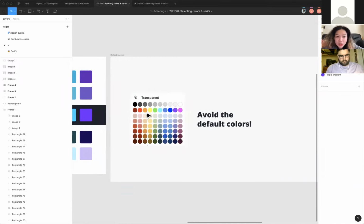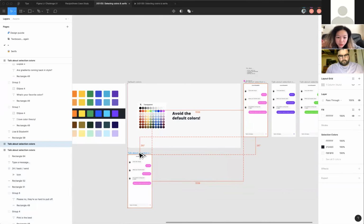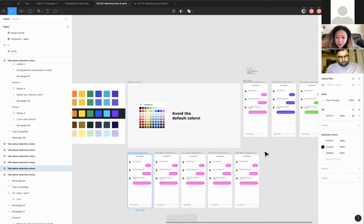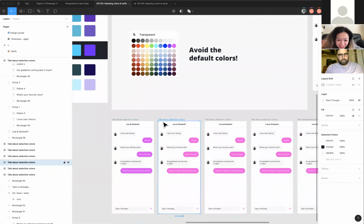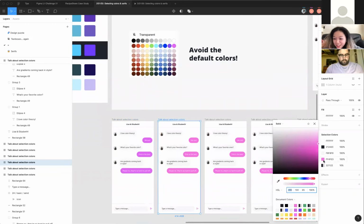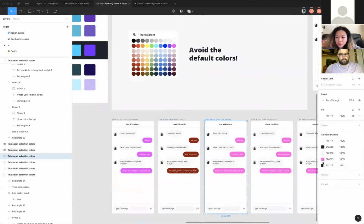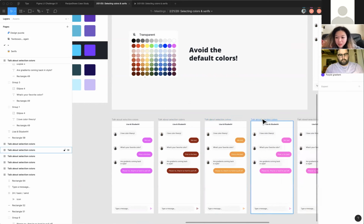The other thing I want to mention is to avoid default colors. And so I'm going to go ahead and show you what the default colors would look like on this. I hope it doesn't look good because I'm scared it's going to ruin my demo. Let's see. Let's use yellow. Or green. These are the default colors on Google Slides or Google Docs. Default colors are almost never good. They're always kind of,